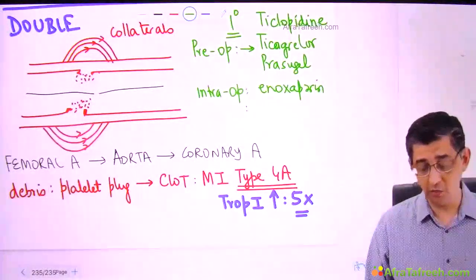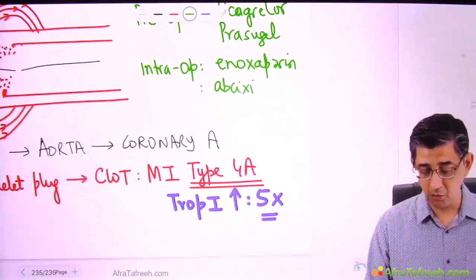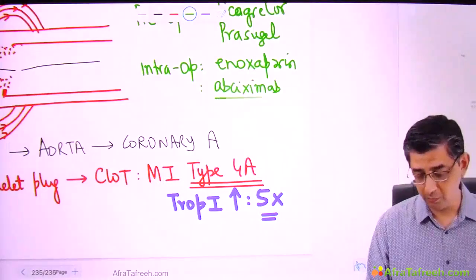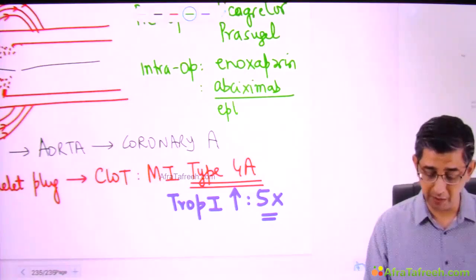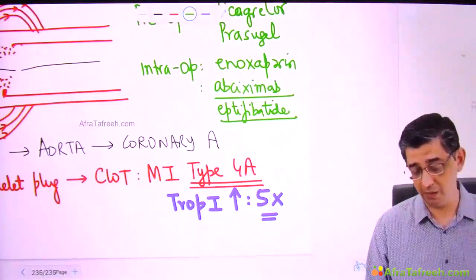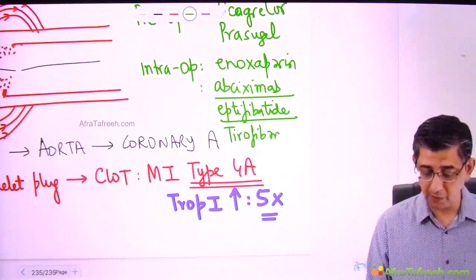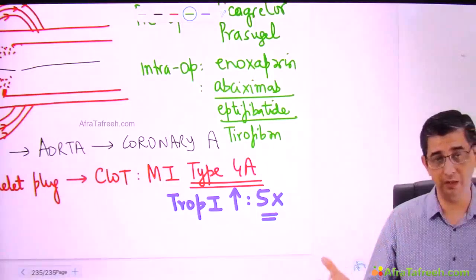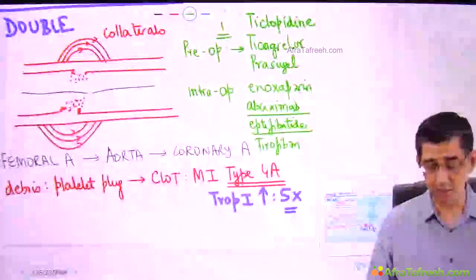So additional drugs which can be used at this point of time are abciximab, though I will write some other molecules also. Most of the time it is abciximab that is used, or sometimes you might read about eptifibatide. You visit any cardiology unit, they'll obviously be talking about these drugs like abciximab or eptifibatide or tirofiban. These molecules will hinder the interaction of platelets with the clotting cycle products, so that ultimately the interaction does not result in a thrombus formation.